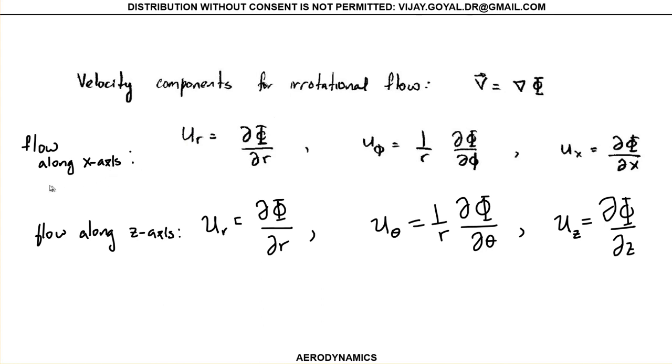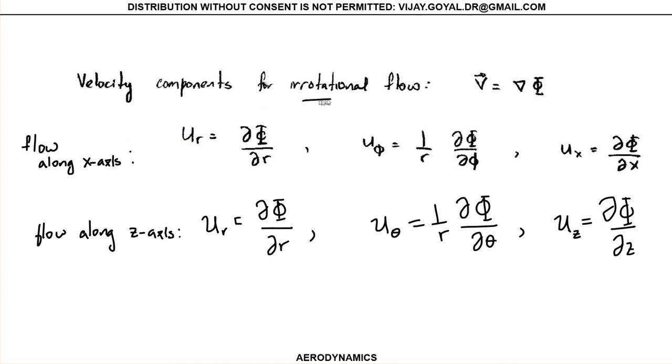So if this is coming in the x-axis, you have this. You can see this is phi. If you're working along the z-axis, then this remains the same. What you're going to change is the theta and z. So really, it's going to depend on the direction of your flow. Okay, so this is the velocity